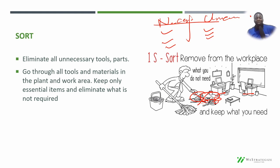Because again, when you look at your processes, there are things that over time you've kept just because, oh, let's just keep this, I might need this in the future, or you've just been gathering junk, right? You've been hoarding a lot of unnecessary tools and parts. So you want to decide what is required now and what will never be required, or what might be required later, right? Just like I've written here in the slide, you want to go through those materials and keep only essential